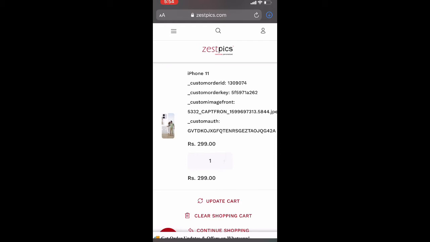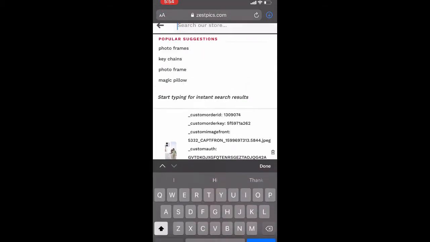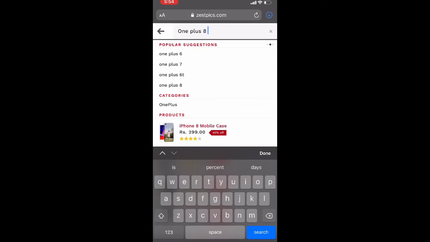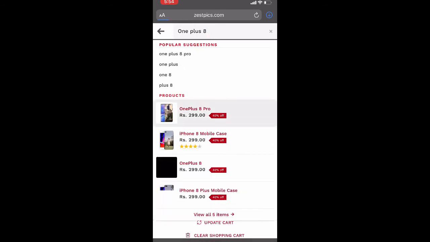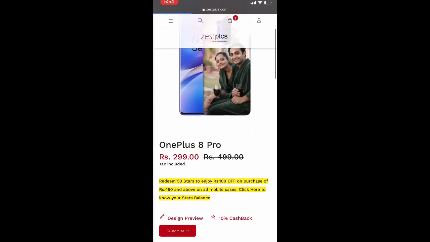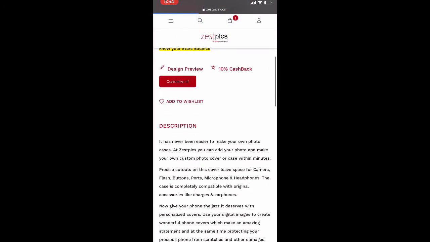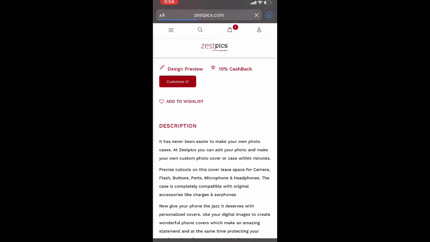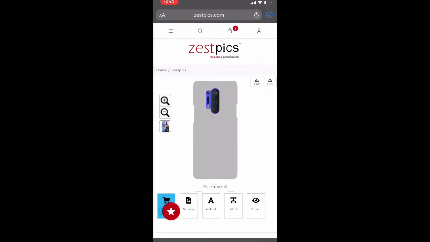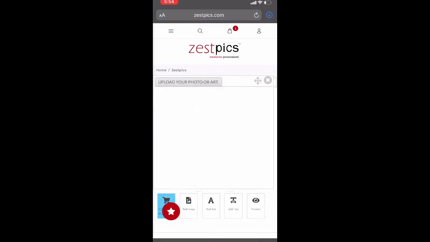Let's again search for one more mobile case over here in the search bar directly. This time it's OnePlus 8 Pro. Again the same option, customize it. Add an image at the bottom, upload an image.